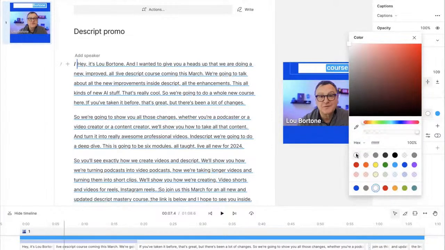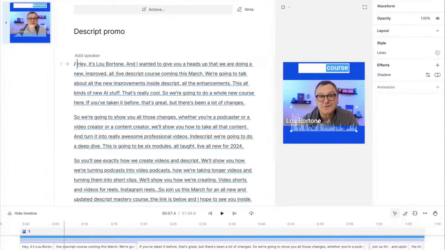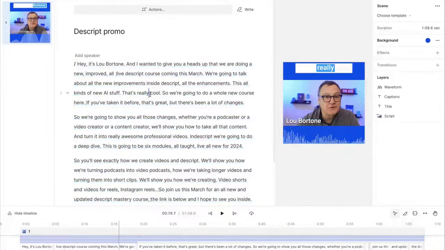You can see here where you can really tweak every little bit and piece. And then down here, I've got this space. I could put a logo in. In this case, I think what I'll do is go here to the shapes and add a waveform. The waveform just shows where the audio is coming in and out. And again, I can lower that, so that if somebody's watching it with the sound off,